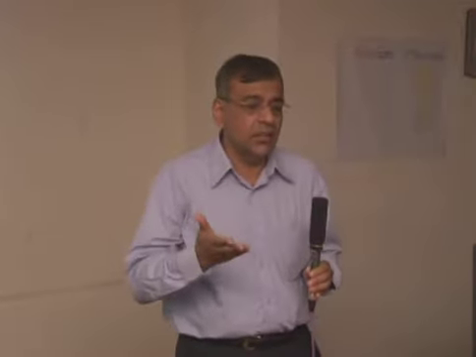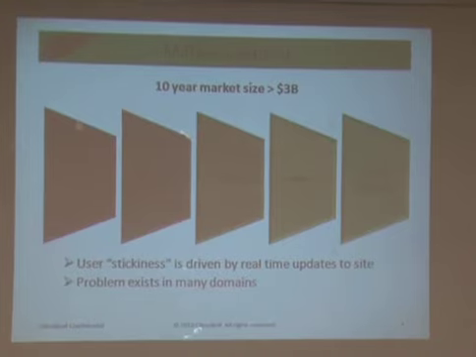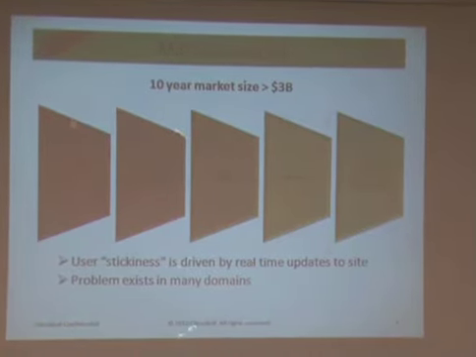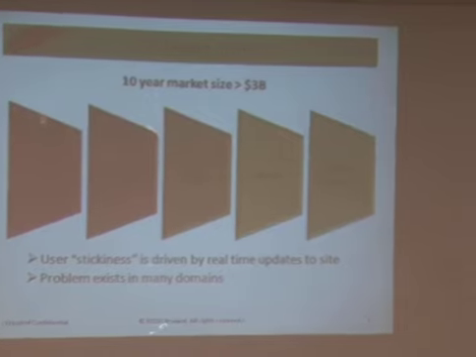This is one more thing, right? As I pointed out in the previous slide, and to me this is a little bit of a fluff. The market size is huge because the problem exists everywhere, and the key thing is the user stickiness is driven by real-time data. So if you can't do updates real time for a user when they are coming to your website, and if you want to make the Facebook updates show up for that user, they're really not interested in updates from yesterday. As you point out, if you can store 24 hours of data, you can have probably enough interesting things that are happening.